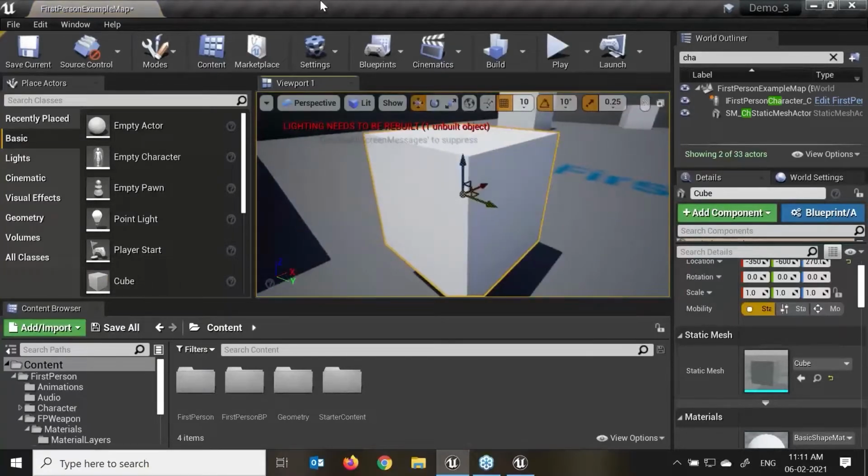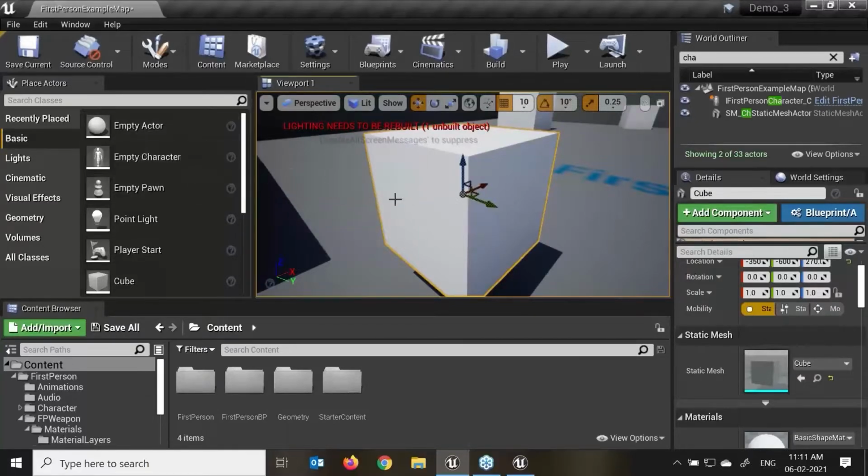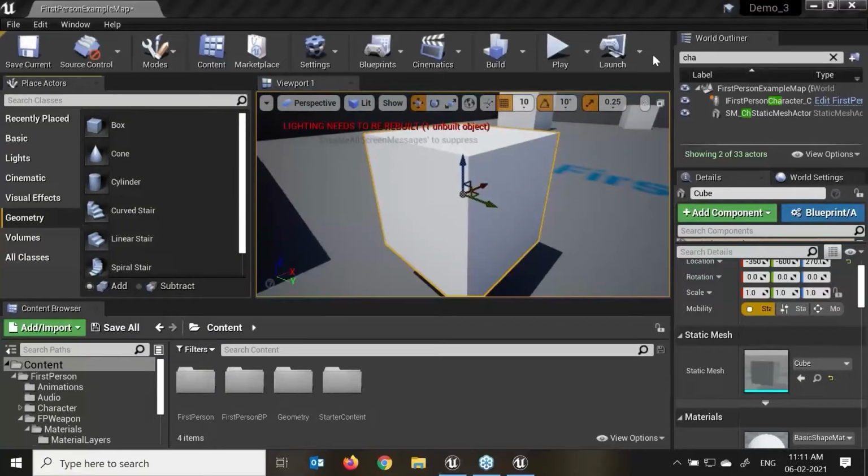press F. So when we look at the basic shapes, most of these are static meshes, right? A static mesh consists of a set of polygons that can be cached in video memory and rendered by the graphics card. This allows them to be rendered efficiently, meaning they can be much more complex than other types of geometry such as brushes. When we talk about this geometry, I'll show it over here.